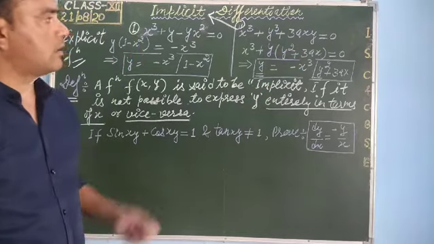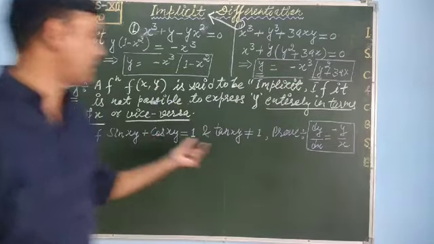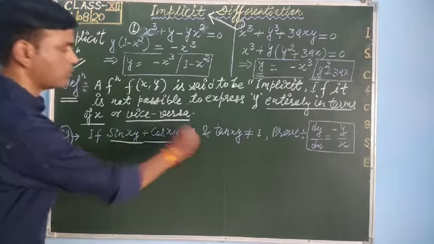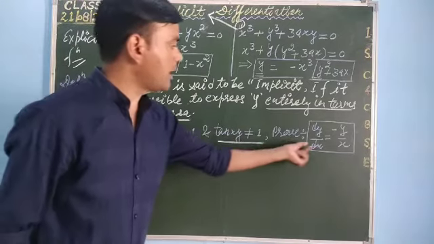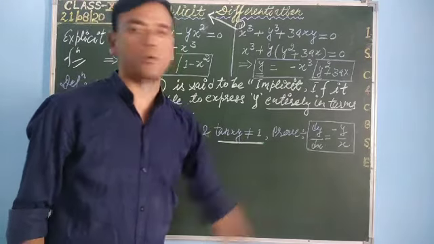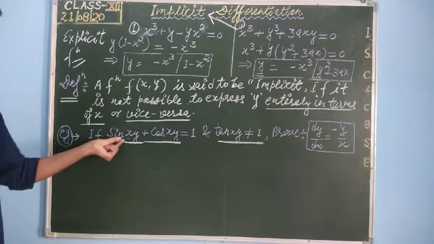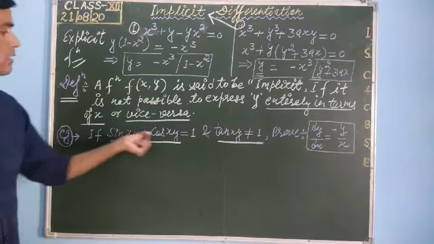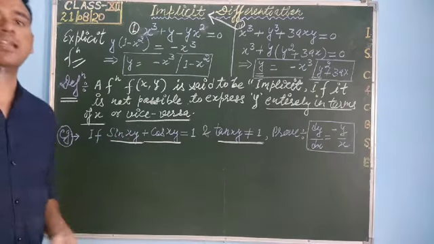Now students, it is a little difficult to differentiate such type of functions which are implicit ones. So we will take an example of that. See here, I have taken an example: sin xy plus cos xy is equal to 1. Here tan xy is not equal to 1, that is a condition given. Then we have to prove that dy upon dx is equal to minus y upon x. See students, this function is an implicit function because it is a trigonometric function, sin xy. Here we cannot express y in terms of x or x in terms of y, that's why. And there are two variables also, x and y. So this type of function is an implicit function.